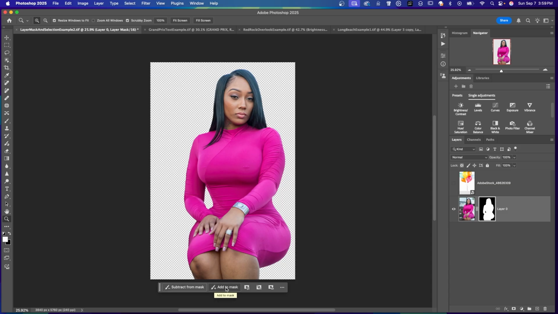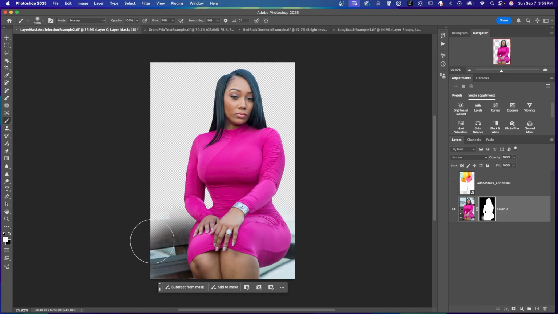So if I want to add to the mask, I click that. First on the toolbar, you see it selects the brush tool and it sets up your swatch for a white foreground color. And that's what we want. We want to reveal or add to the mask. So now with my brush tool, I will brush in these areas and you can see that the background is coming back in where I want the